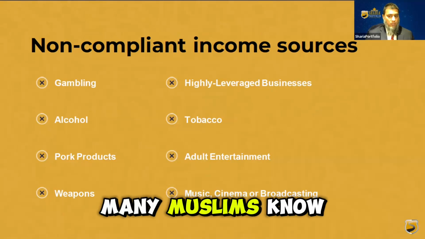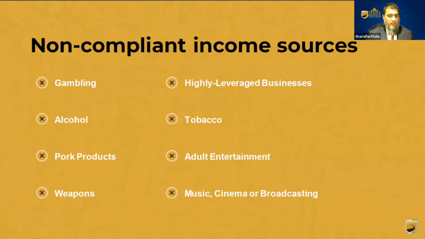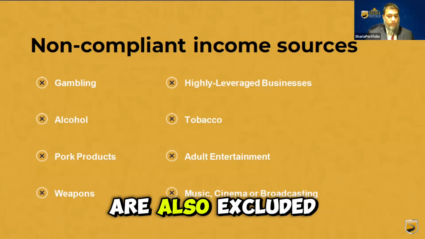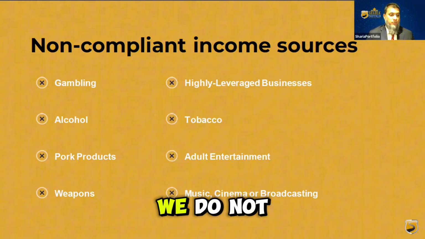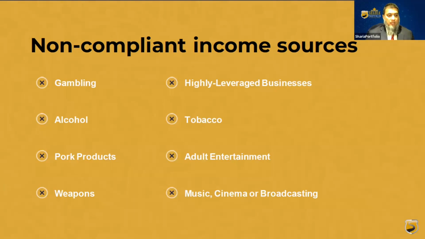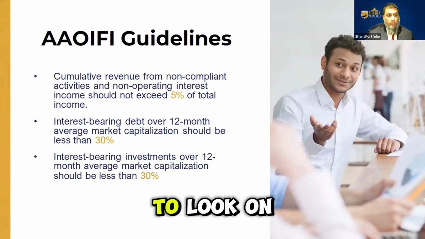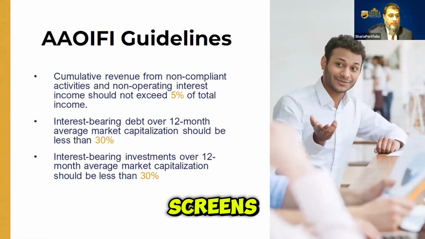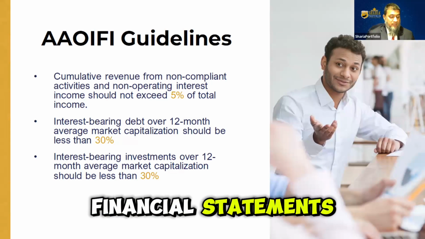There are things that many Muslims know: gambling, alcohol, pork products, things like this. Also, interest-based companies like banks are also excluded. We take all of these companies and put them aside. We do not hold them in our portfolios. Now that we've employed the qualitative screens, we then have to look at those companies that are left. We have to apply the quantitative screens, which means that we are looking at the company's financial statements,